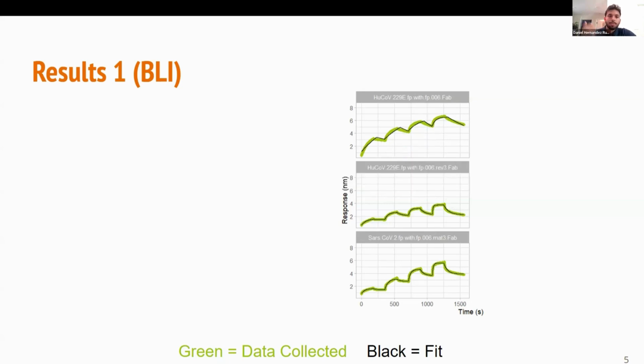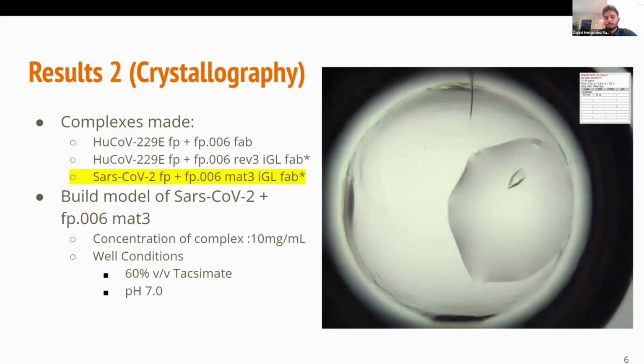Using this as a reference, we then get to work with crystallography. With these 3 complexes that we made, we set out crystal trays in different crystallizing solutions, and we monitor the crystals growing over a period of days, and we select crystals that we believe are good for data collection. Usually bigger crystals are better. And we take note of the solutions so that we can prep them properly